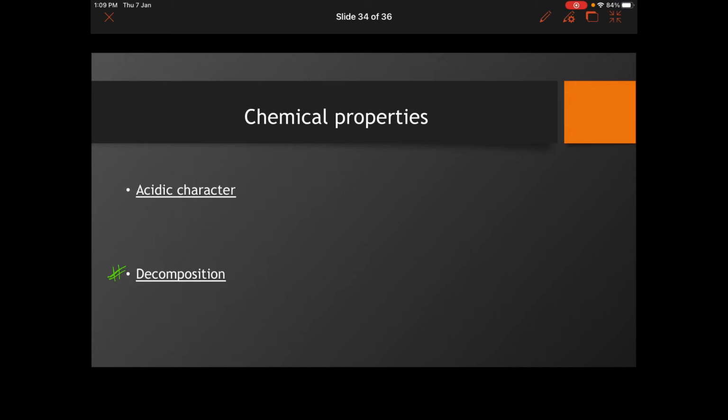Nitric acid has a very specific property that when you heat pure nitric acid, a small amount of heat, the moment you give it, what you're going to see is you are going to get nitrogen dioxide and oxygen and H2O. Again, you can just balance it very quickly. You have 4 over here, 4 over here, and 2 over here, and the reaction is balanced, right?